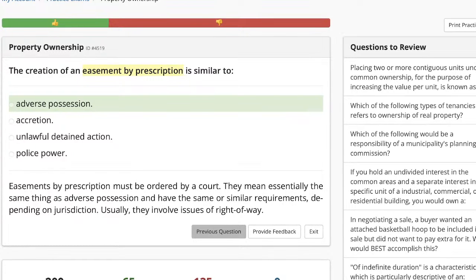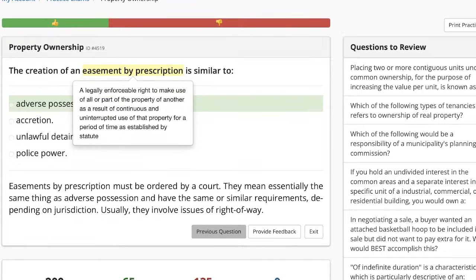By the way, any of you guys realize when the word is highlighted, it means you could click on it and the definition shows up? How many guys are like, what? Mind blown. How many guys have been using the prep agent program for a while and didn't realize that a highlighted word is clickable? If you didn't know, you're welcome.